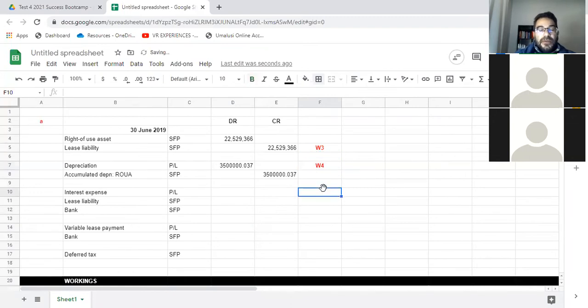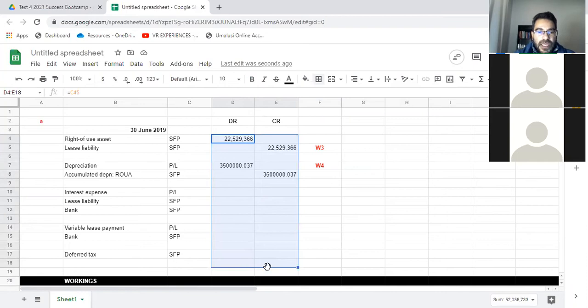So option number one, remember it's not really an option, I'm just calling it options. Option number one is if ownership of the asset is going to transfer to the lessee at the end of the lease term, or the lessee is going to exercise a purchase option. If any of those two is applicable, you will use the useful life of the asset. If that is not applicable, then you use option two.